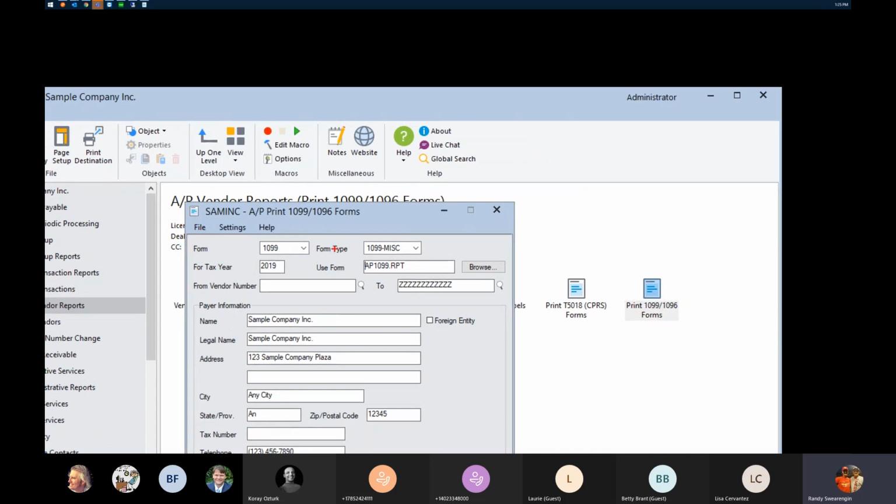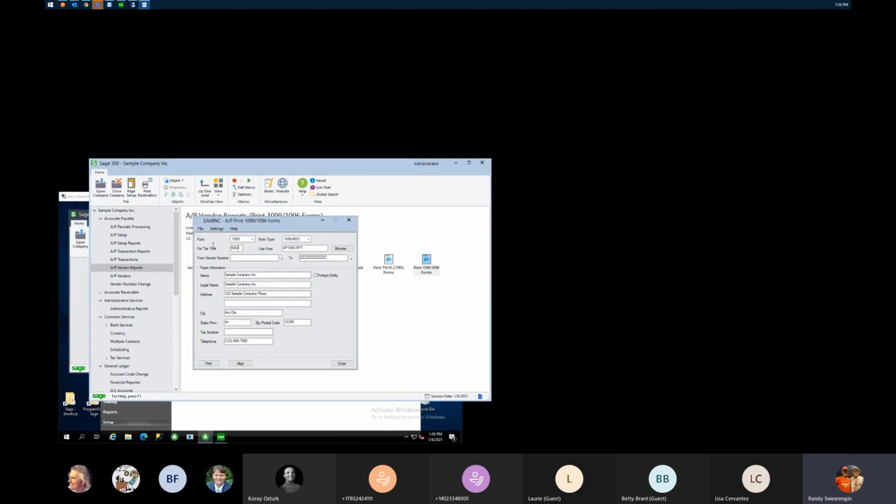And once I do that, you will see that this form right here changed back to what the old one has always been, the AP 1099 Crystal Report form. Once I change that to 2020,